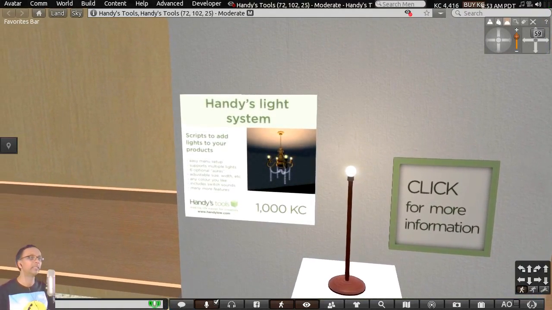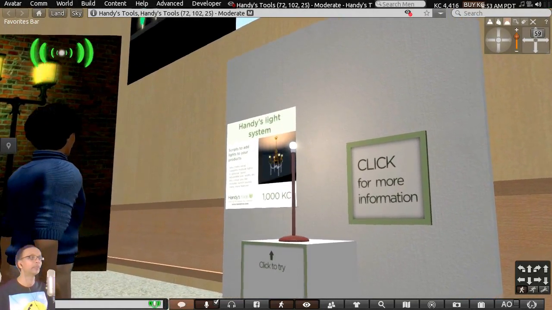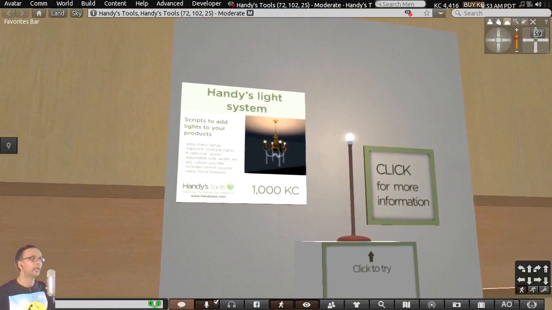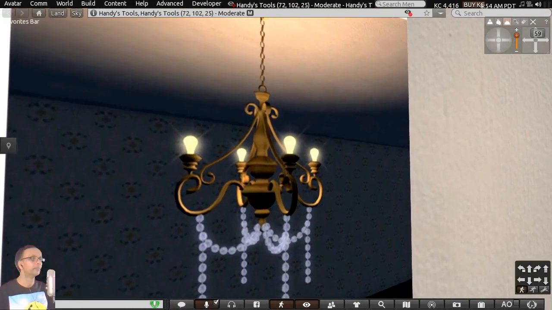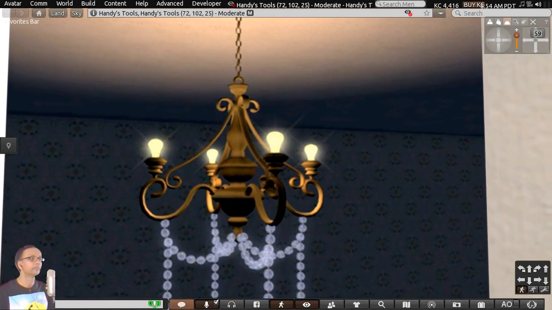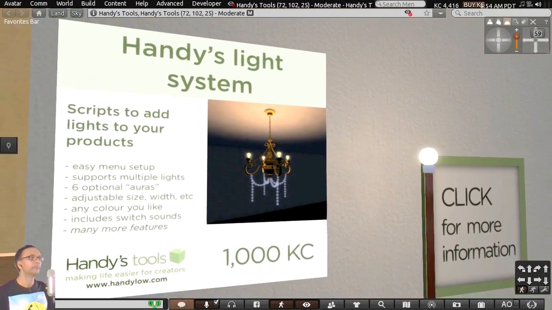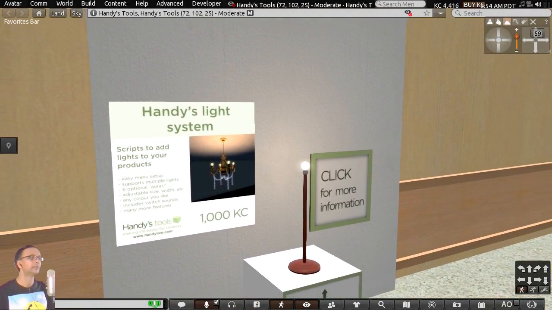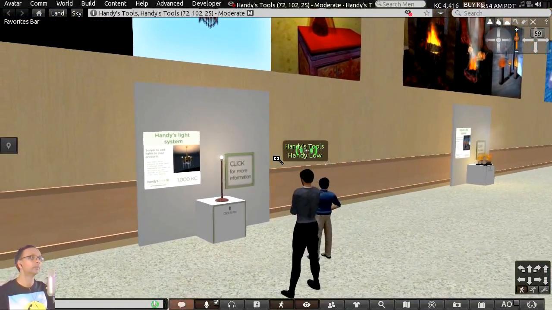Right. And are there any limits on the number of lights that you can add to an object? I know there are some viewer limits, but... It depends which type of light we're talking about, of course. The viewer limit is on the light that is cast, what they call point light, also local light. But in terms of things that light up or glow, there is no limit. People have made chandeliers with dozens and dozens of lights in them, all controlled by that one script.